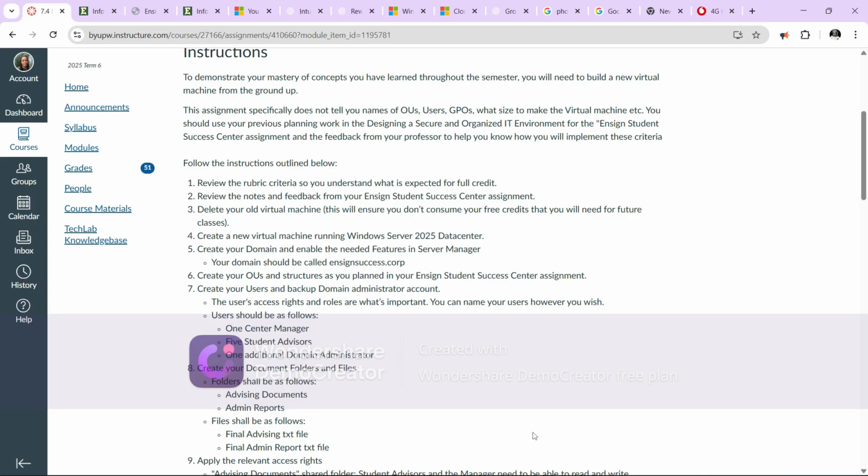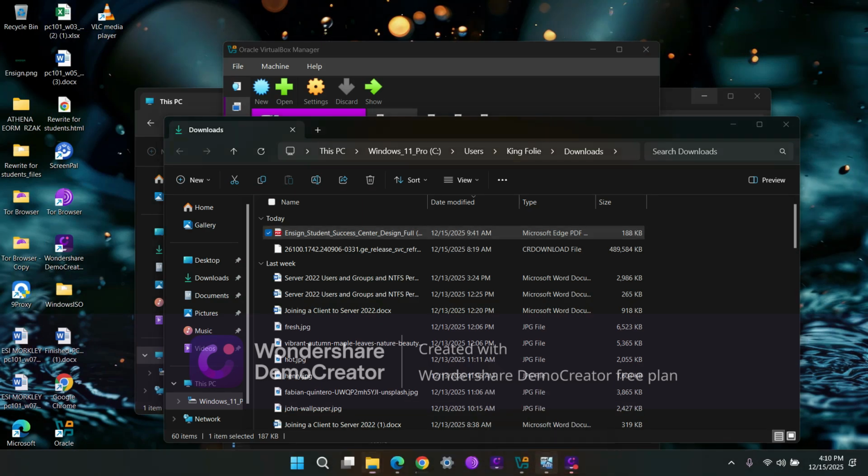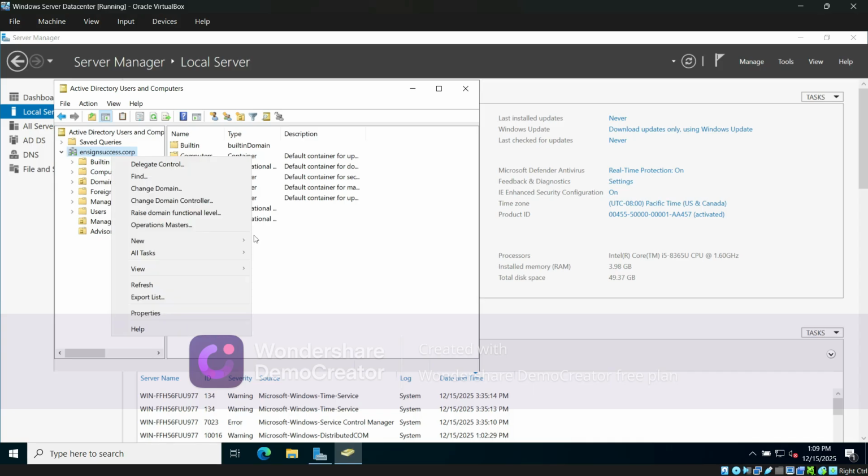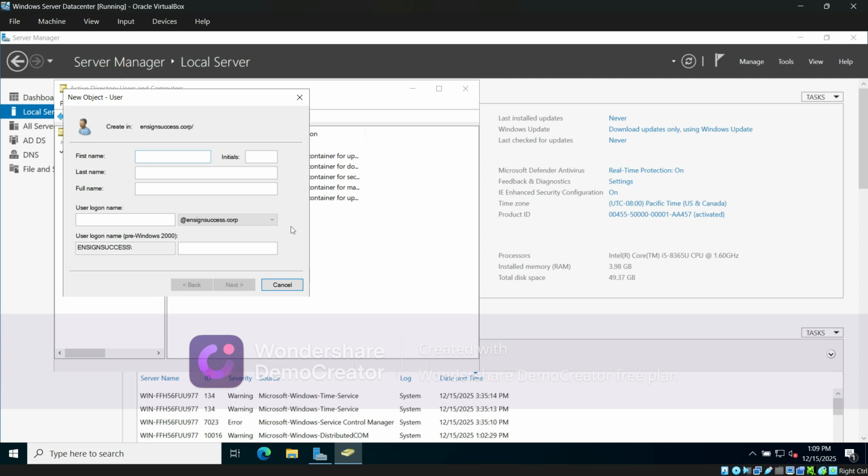So we are supposed to create 7 users here, 5 plus 1 plus 1, but 1 has to be a domain administrator. So first, let's create 1 center manager. Let's call that John center manager. So let's go to our server. In here, we click on our domain, and then new, come down to user, call this John center manager,